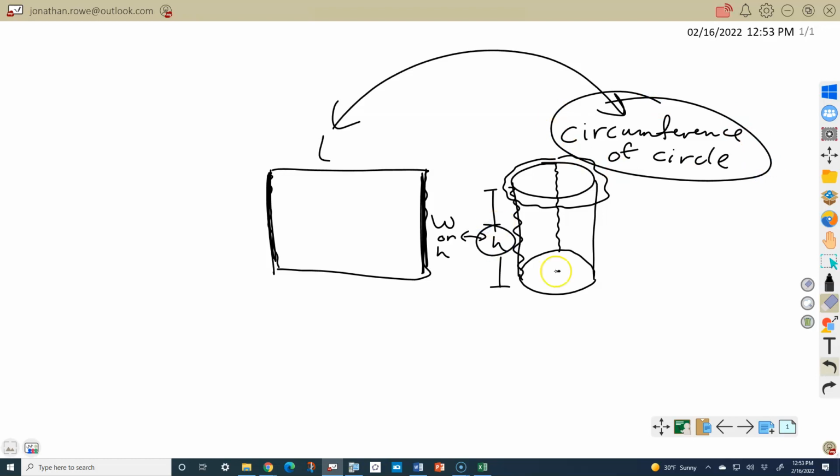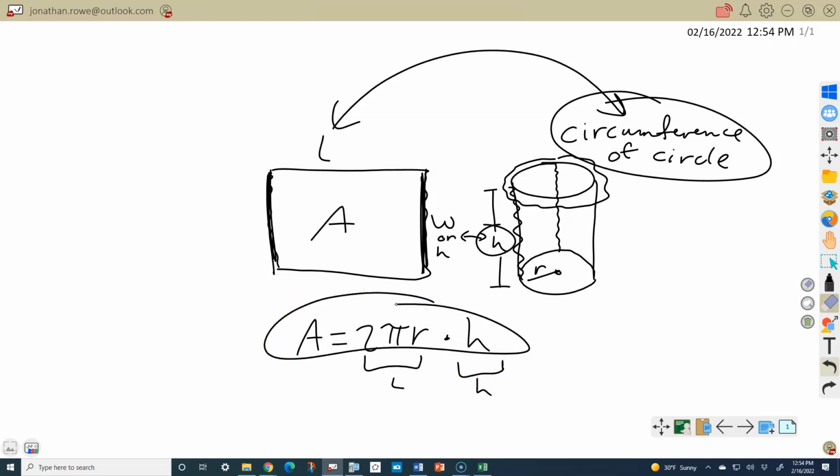So if this cylinder has a radius r and height h, then the area of that rectangle, which is the same thing as the surface area of that cylinder, is equal to the length, which is 2 pi r, because it's just the circumference of that circle, times the height of that cylinder. So this is the surface area of that cylinder. Now that we've got that out of the way,